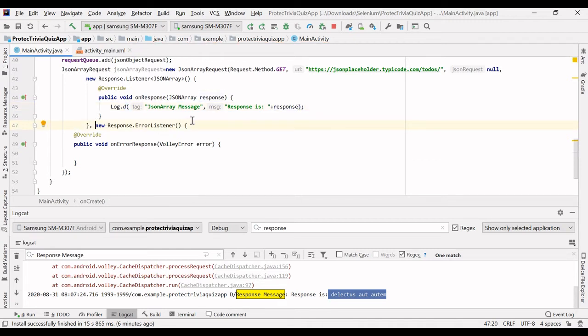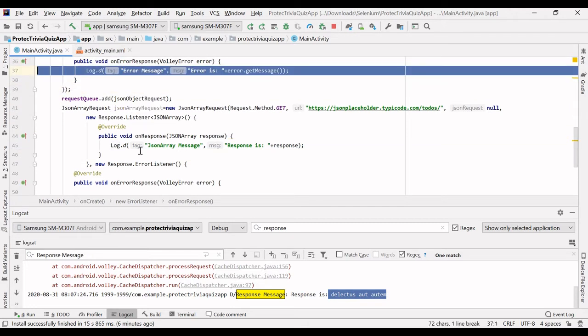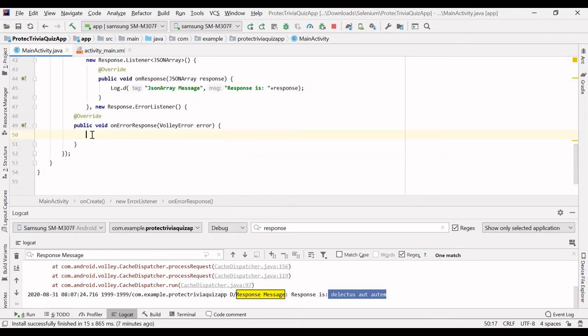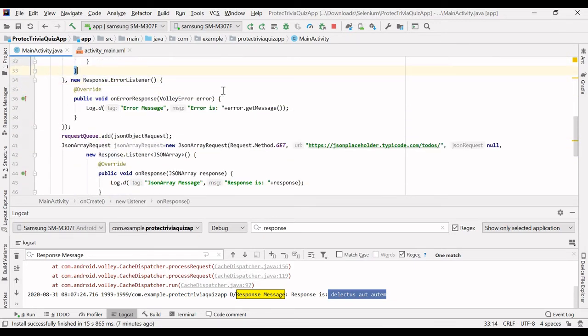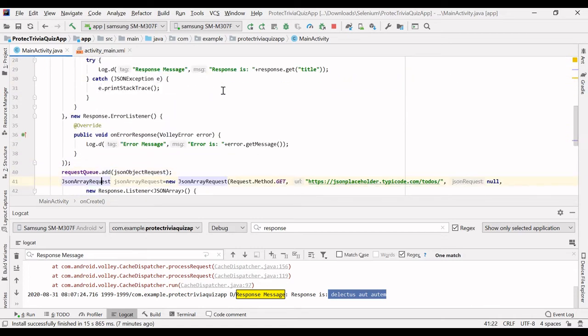So let's see guys, whether it is working or not, and I can also print log the error message as well. Okay, so let's see if we are getting the response or not. And do not forget to add our JSON array request to this request queue.